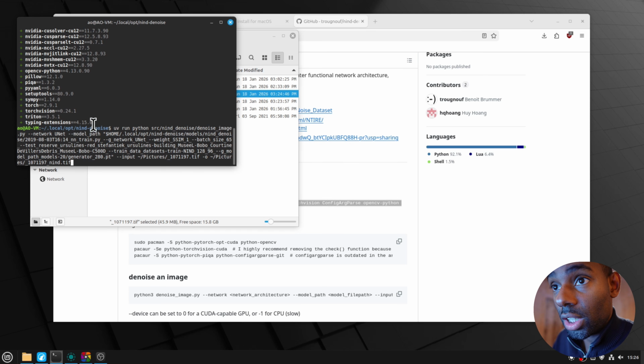The model was automatically downloaded when you did the git clone, so it's inside your OPT directory, then NIND Denoise, and so on. Next, we select the input image. I just selected the TIFF file we exported with Darktable, and then we select the output image. Same file name, but I've added nind.tiff. So if I run this,